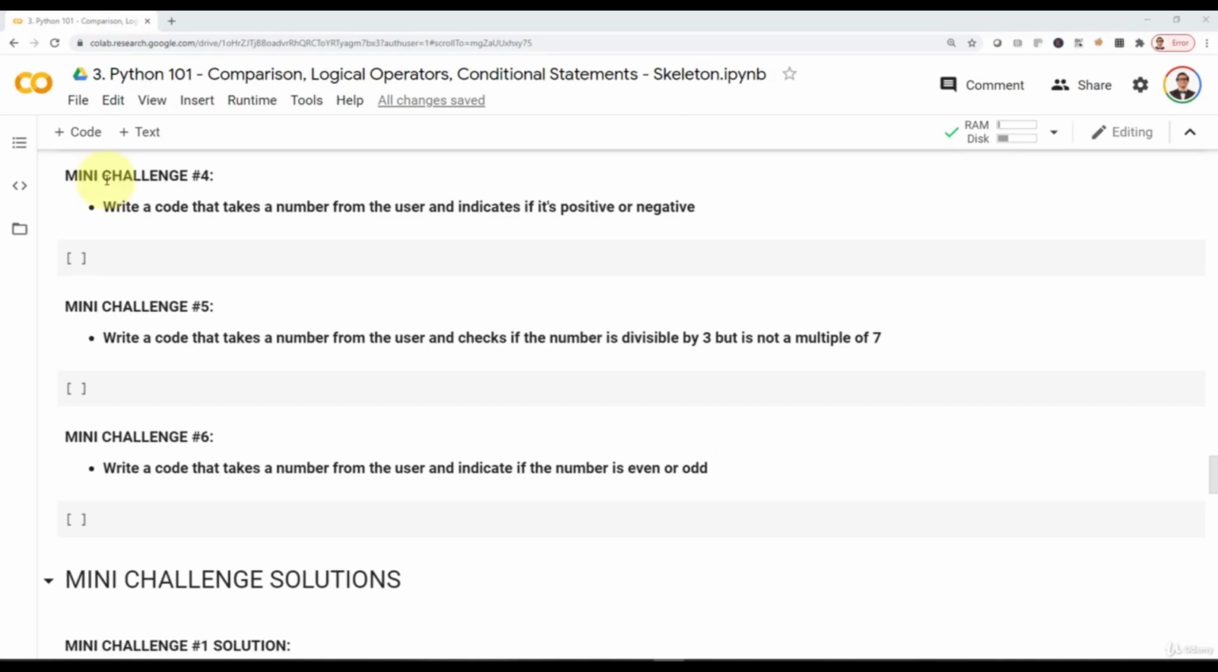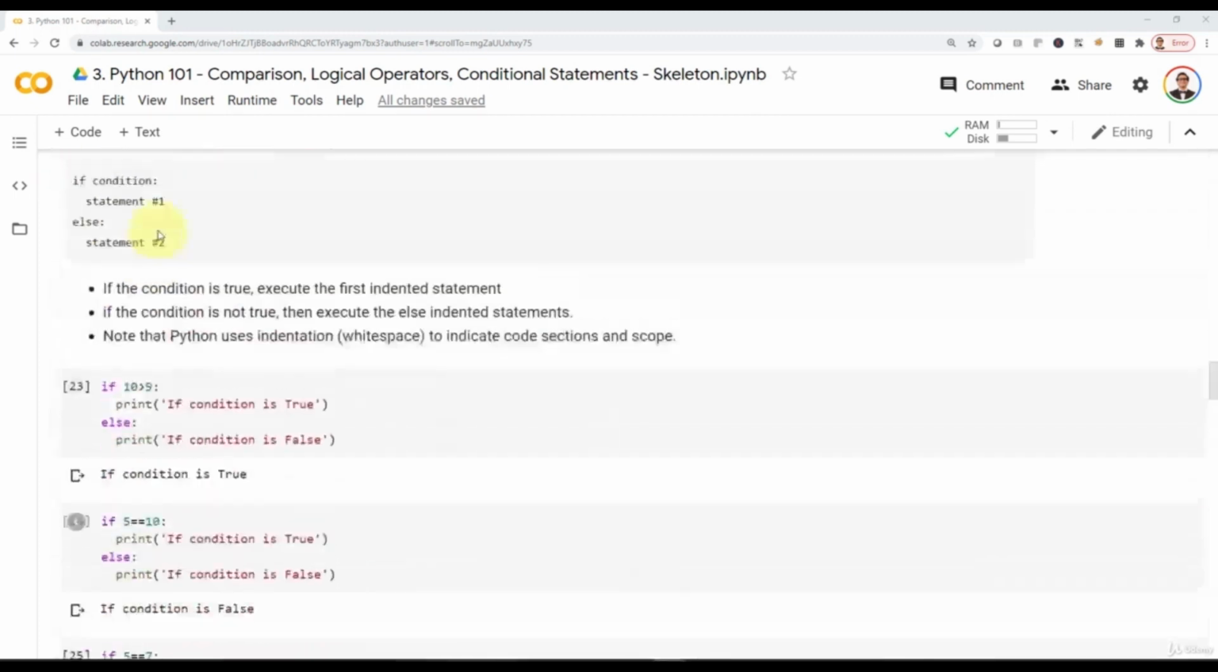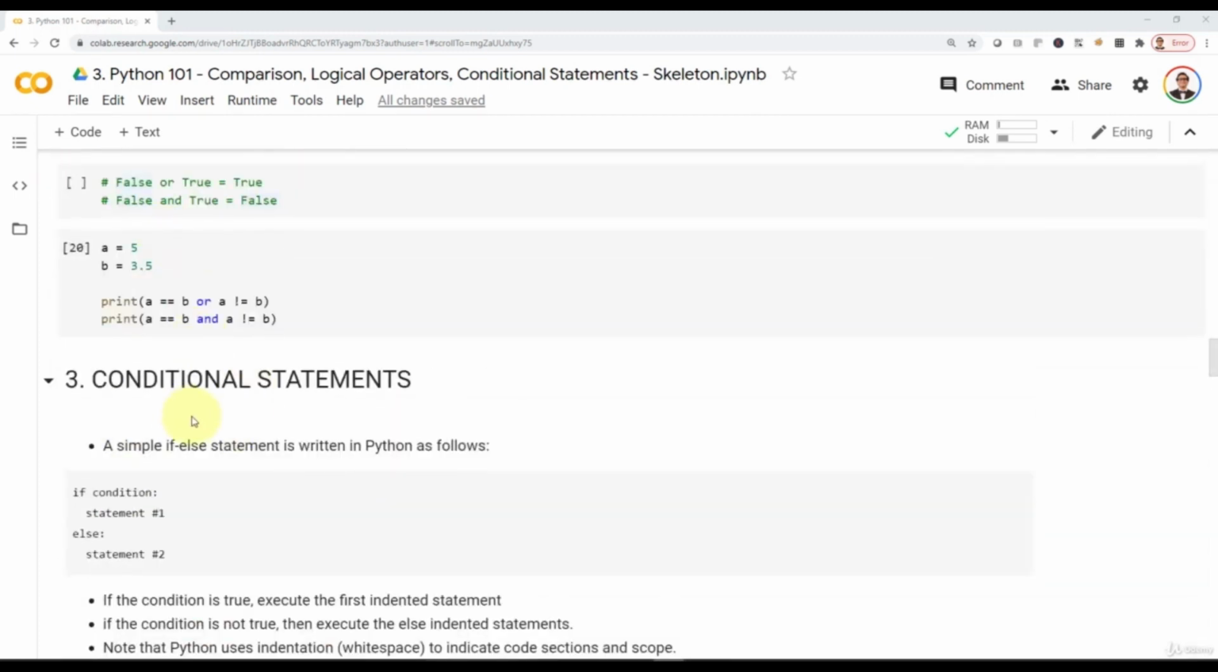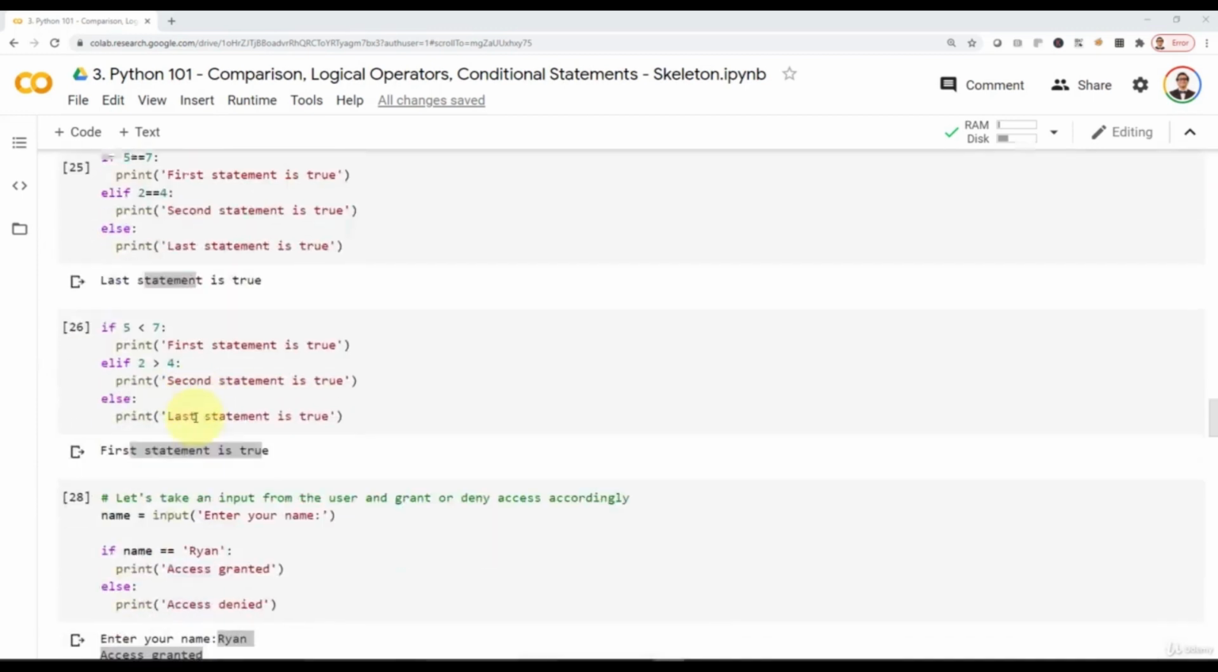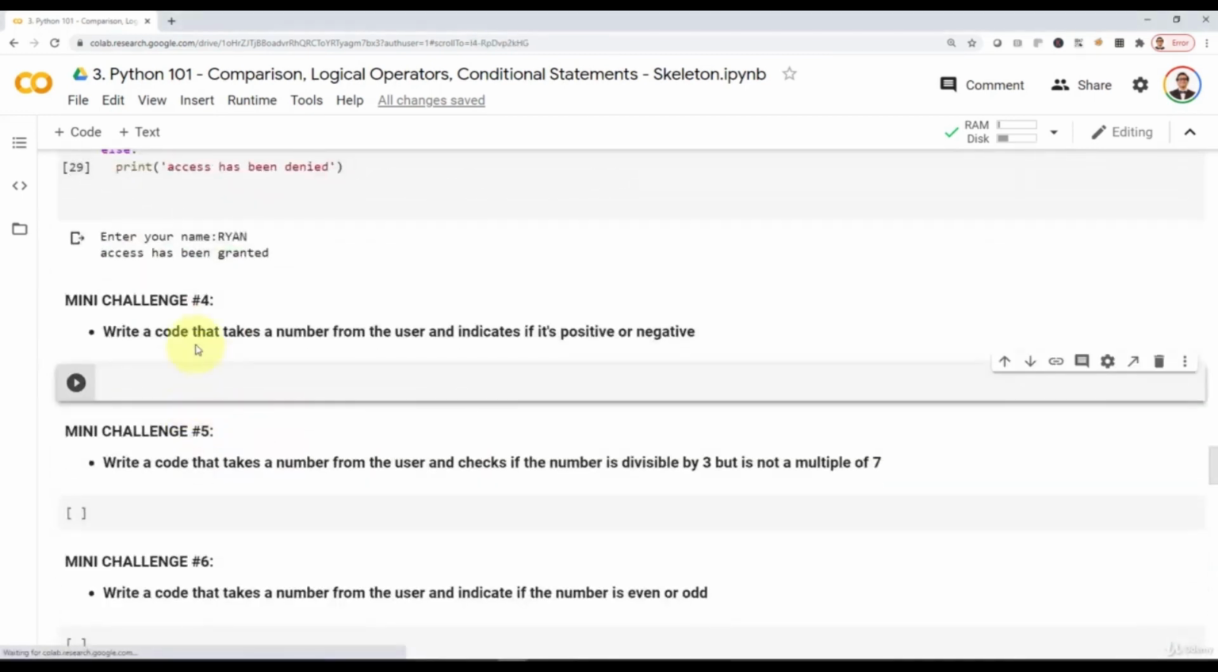Hello everyone, and welcome to this lecture. In this lecture, we are going to solve the mini challenges for section number 3, which is simply our conditional statements. Okay, so let's go ahead and cover the first one. The first mini challenge is write a code that takes a number from a user and indicate if it's